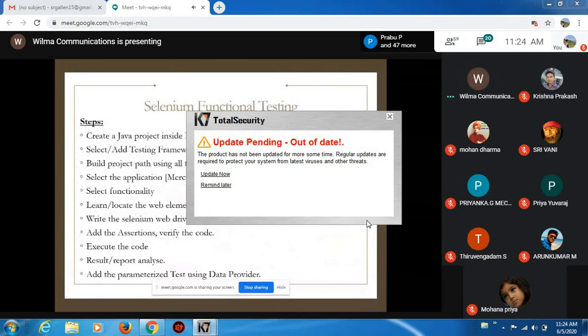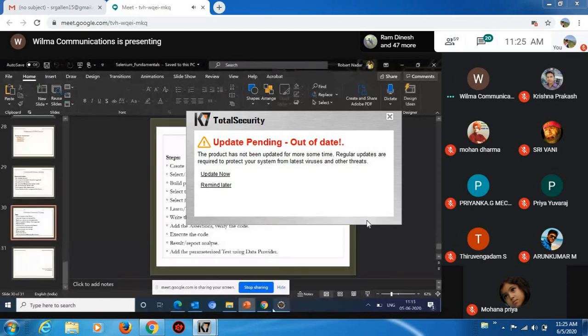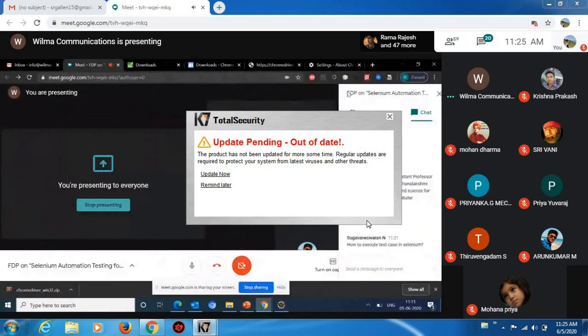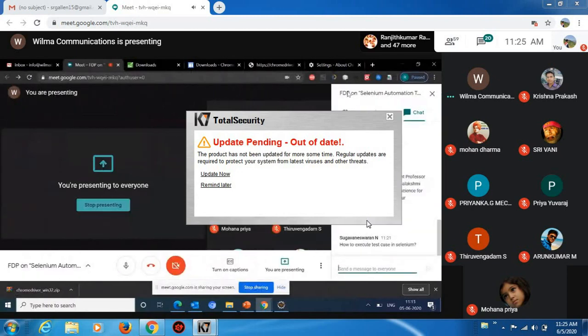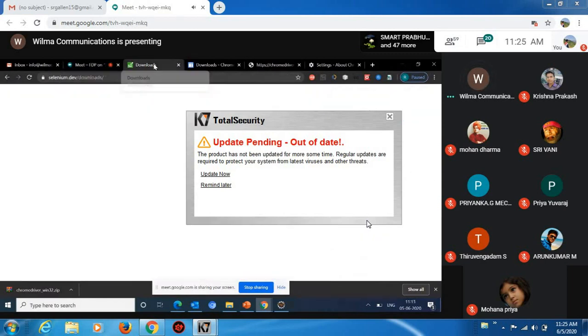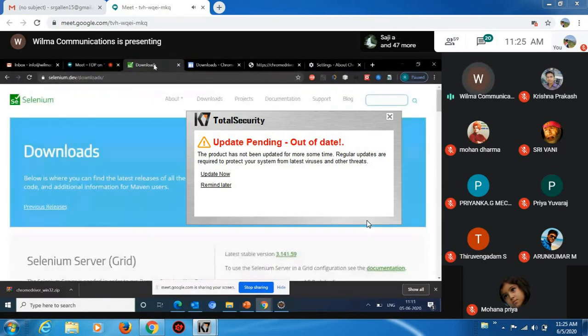Okay, so today I will show you all the steps that need to be taken for creating a Selenium WebDriver code. Before that, I will show you how to conduct the testing using the playback methodology with the help of the Selenium IDE. So let me open my Selenium IDE here.